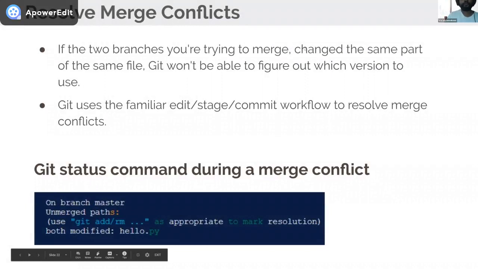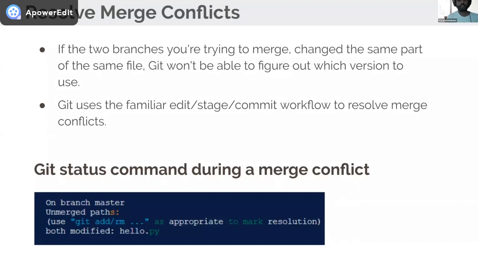So there could be scenarios where merge conflicts can happen. Merge conflict is like two people trying to change the same file, maybe the same line. Then Git will not be able to identify whose changes to take in. So then it presents that opportunity to the developers themselves. So developers have to figure out the conflict and resolve the merge conflict, and that is actually not covered in this session, but I will give you some pointers.